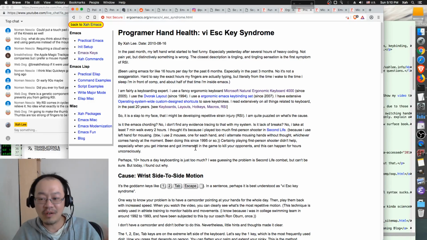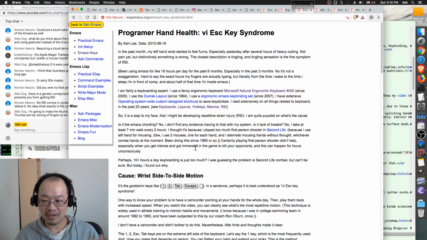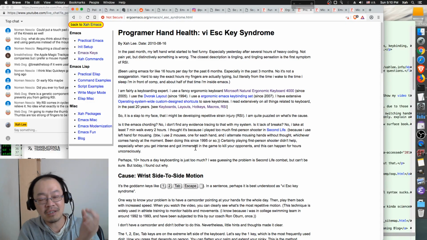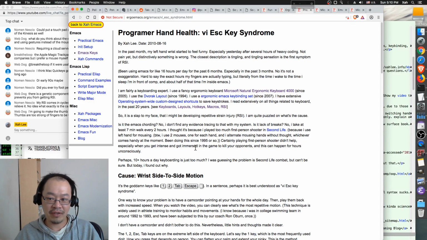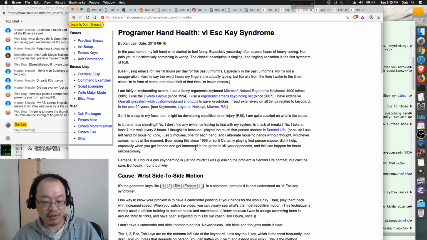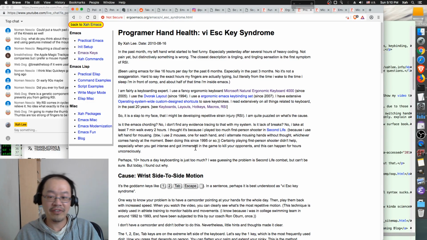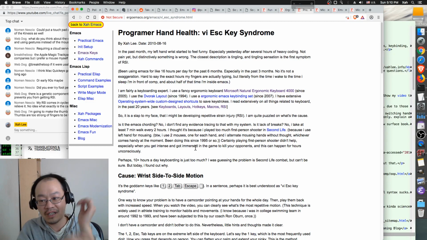I don't know, because I was typing on Dvorak. I'm using an ergonomic keyboard. I'm fairly healthy. What possibly could go wrong? Why do I have this? It's like semi pain, but I know it's going to get worse if it continues. All RSI is like that. At first, you have maybe numbness or tingling.